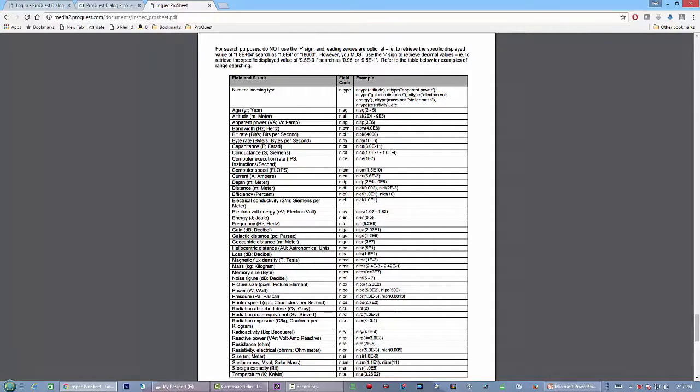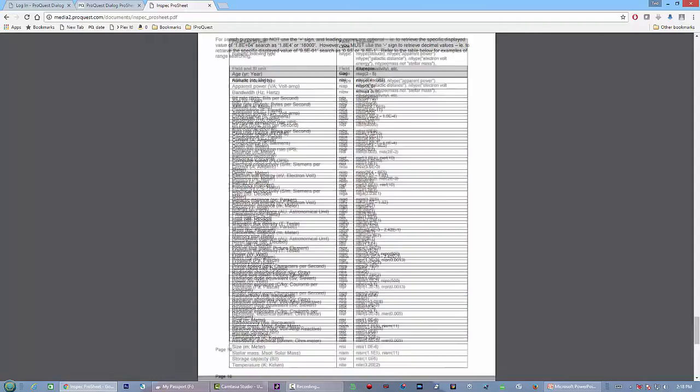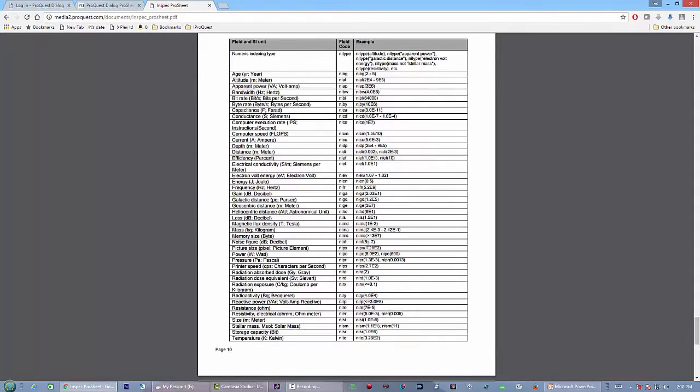And for each of them you'll see what the field code is. They all start with NI. And then for each of them it shows you an example, and we will be going through some examples. But the ProSheet is a good place to go to see what the different fields are that you can use for this type of search, and also to look over toward the right side and see how the search is formatted. So with that, let's go back to our slideshow